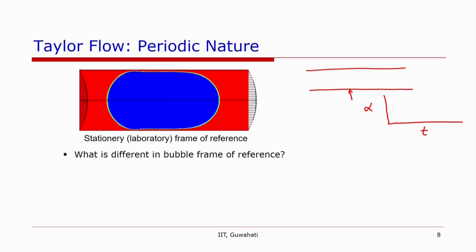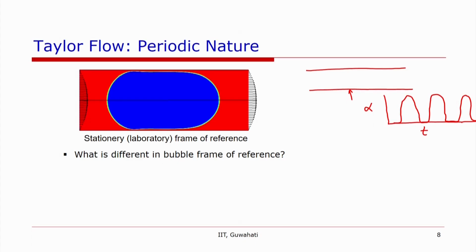One will observe that the volume fraction keeps changing, and it is periodic. One bubble comes and then another bubble comes, then another bubble comes. So the flow is unsteady, of course, in the bubble frame of reference. Flow is unsteady, periodic in time, at any